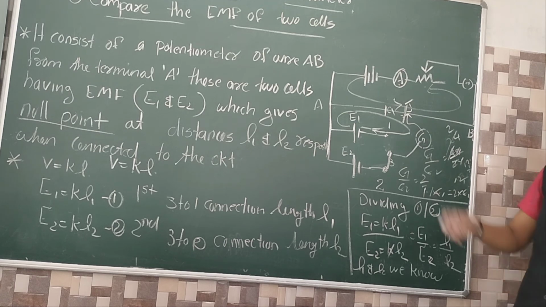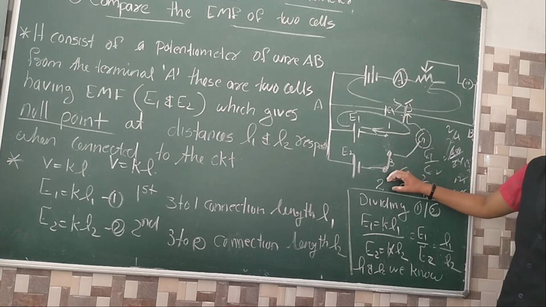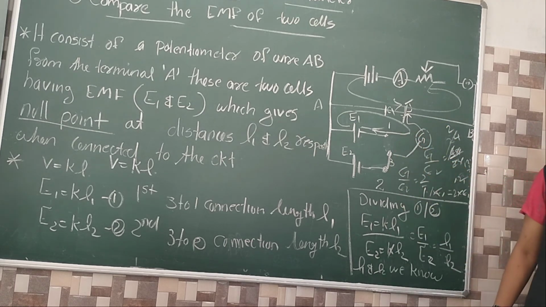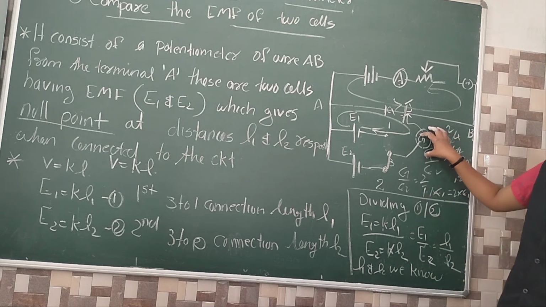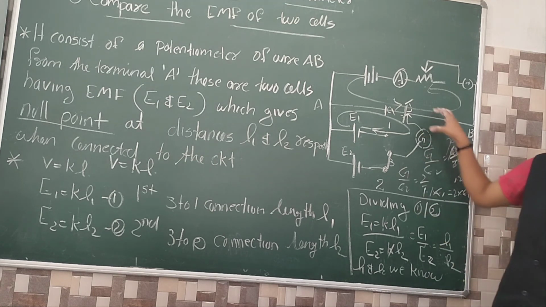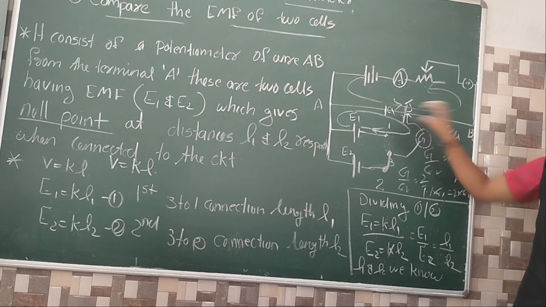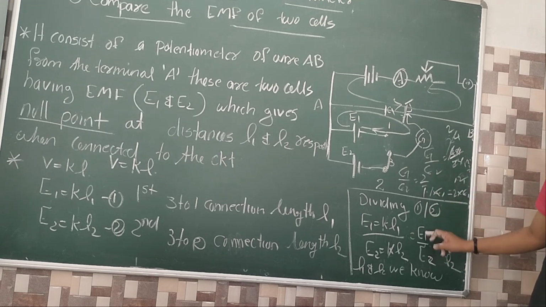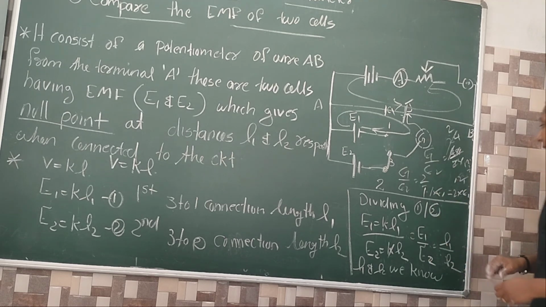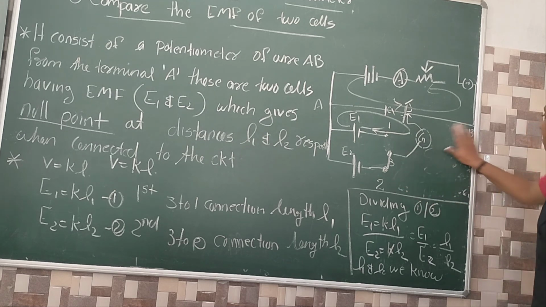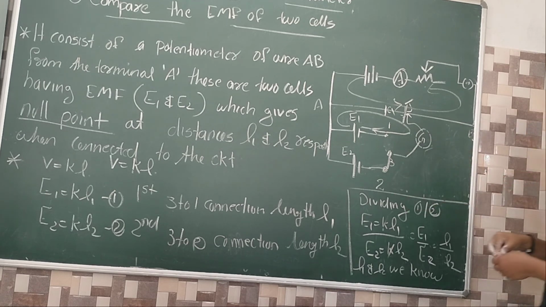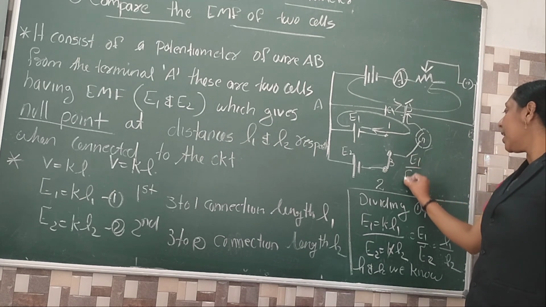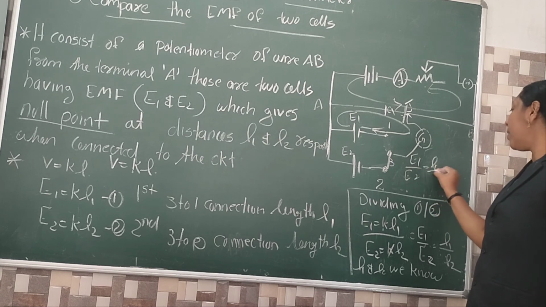Okay. Then this 3 is connected to 2. 3 2 में connect कर दिया. फिर भी galvanometer में 2 current मिलेगा. Move the jockey, another length मिला. Am I right? So that is L2. So E2 equal to K L2. So L1, L2 values you already know. Maybe for example, this L1, L2 value है मेरे को. तो अभी हम लोग का expression मालूम है: E1 by E2 equal to L1 by L2.